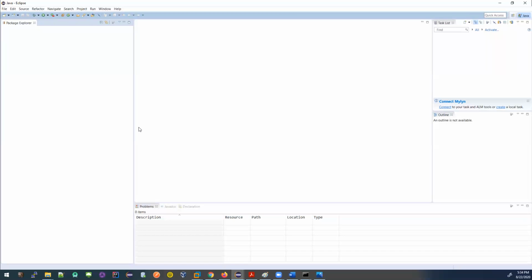In Java, to write Java code, we are writing it in Eclipse. Does anyone have any idea what Eclipse is? The window that I opened, you can see my window, right? It's an IDE to write Java code. It's the Eclipse IDE. What does IDE mean?